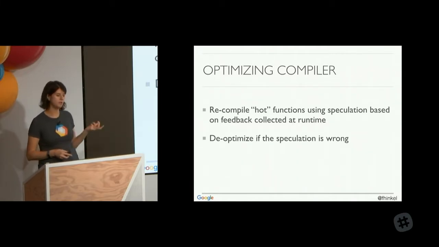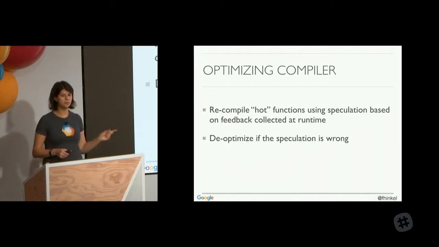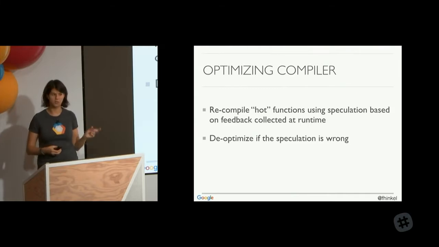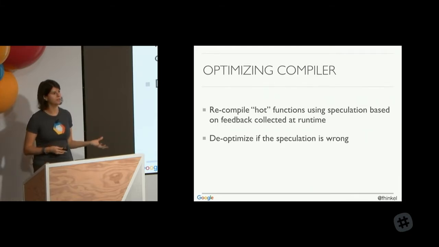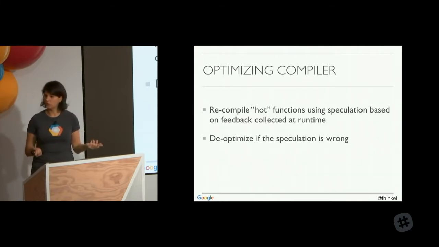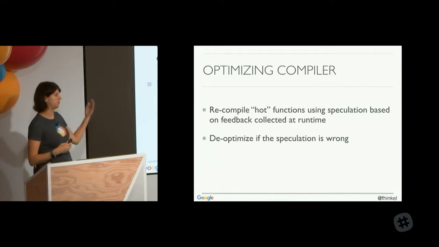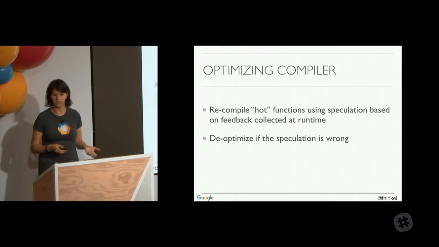And this optimizing compiler recompiles hot functions. A function that is being run a lot gets passed to the optimizing compiler. And when it compiles machine code for a hot function, it uses runtime information. It speculates that the future inputs will be similar to what it saw in the past. So it's making a speculation about what data it will get, and it's optimizing the machine code for that. And if it turns out that the speculation was wrong, that the future is not the same as what it saw in the past, then it will just de-optimize and fall back to the baseline compiler.